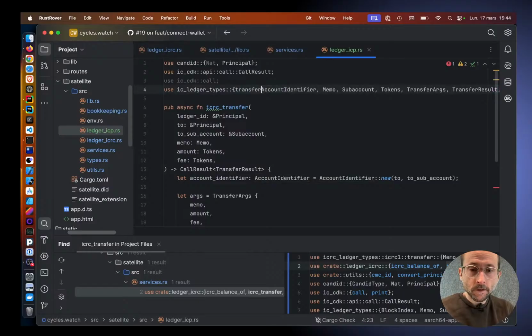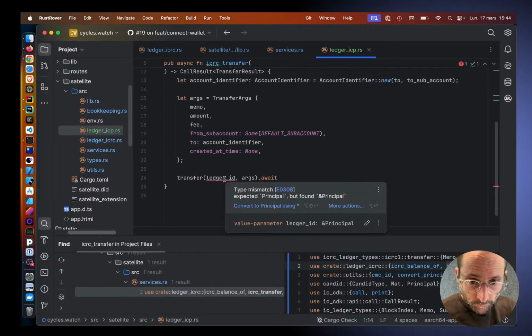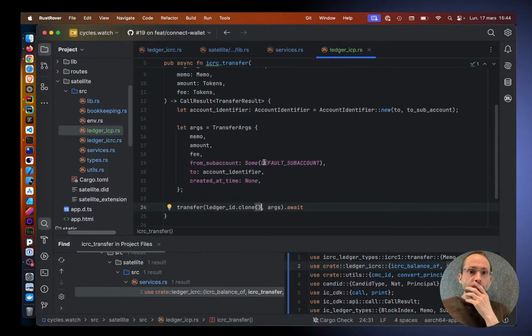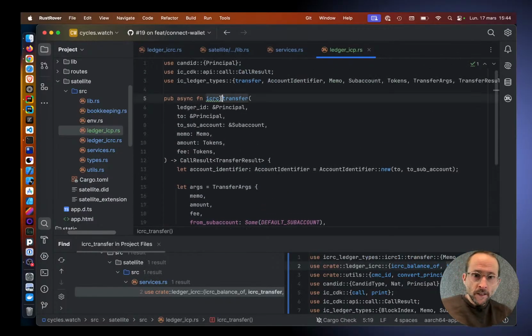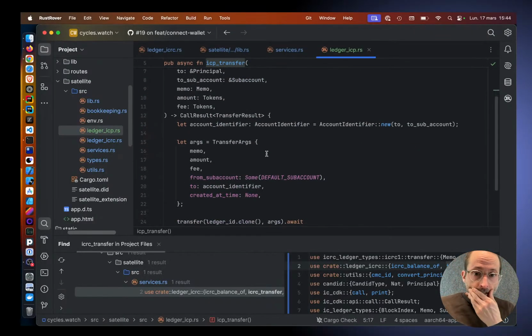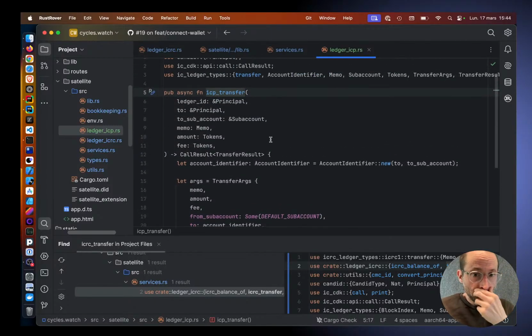All right. Okay, so here, what? Okay. So we have an ICP transfer, not ICRC. Okay, and now that we have an ICP transfer,